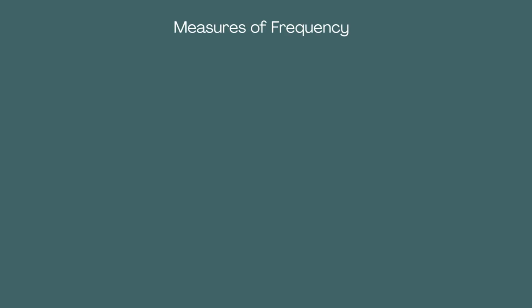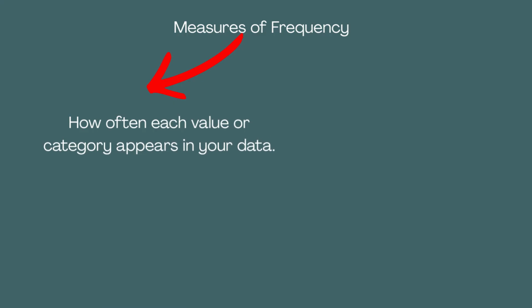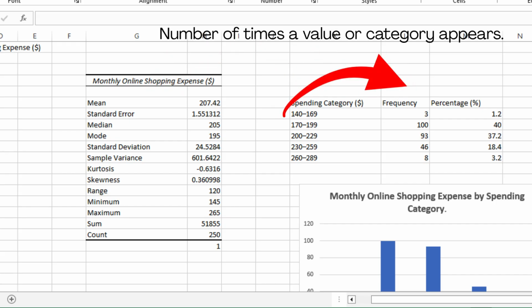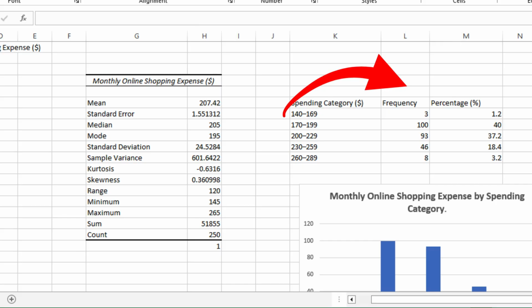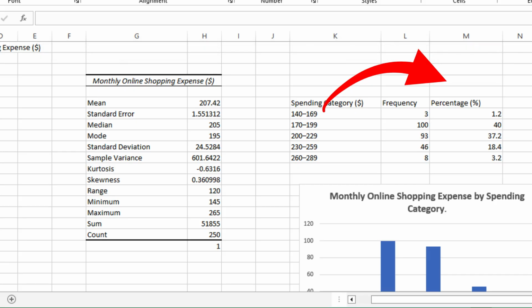Measures of frequency. Measures of frequency show how often each value or category appears in your data. They answer the question, which results appear the most, and which appear the least. Frequency is the number of times a value or category appears. It shows the actual count of each result in your dataset. Percentage shows how much of the total data each value or category represents. It tells you the share of each result, making it easier to compare different categories, even when the total number